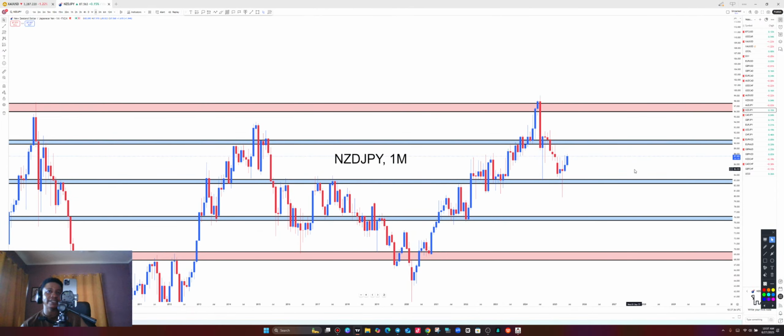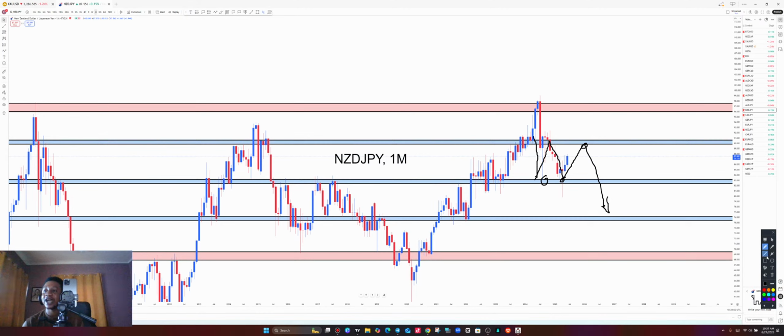Now, on the monthly time frame of NZD JPY, we now understand the candle formation, the pin bar that price was forming on the 3 months. Let me explain. If you look at the monthly time frame of NZD JPY, we have the monthly upper and the monthly lower. So what has price done over here? Price has given us a push down, which is the lower low. It went up for a lower high. It came down for another equal low here, and it's going up for another lower high before you may see sell pressure coming to the downside.